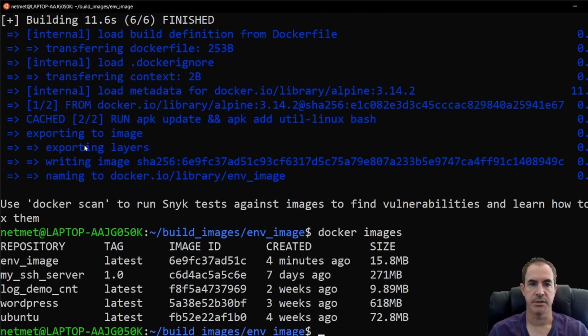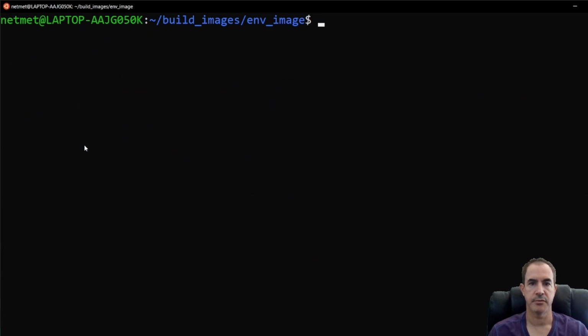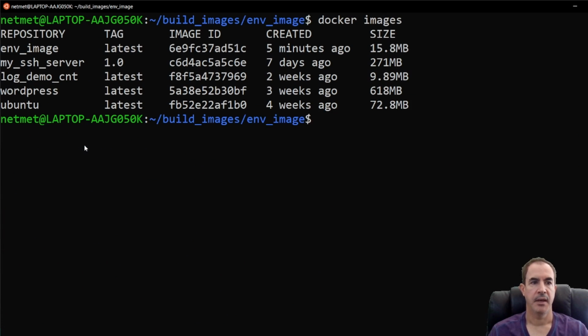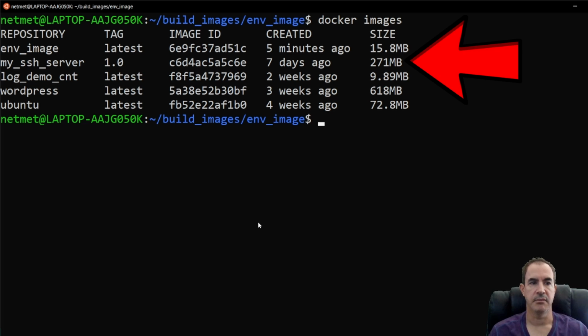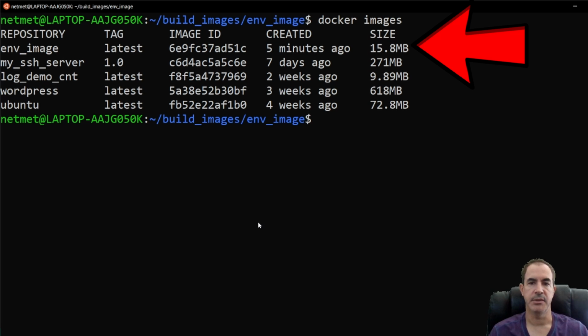Let's do Docker images again. Actually, let's clear the screen and do that. And we now have our ENV image, which is 15 meg. And you can see the difference between the MySSH server, which is 271 meg, and our Alpine image, which is only 15 meg. So now that we have this up and running, let's go ahead and run our container and